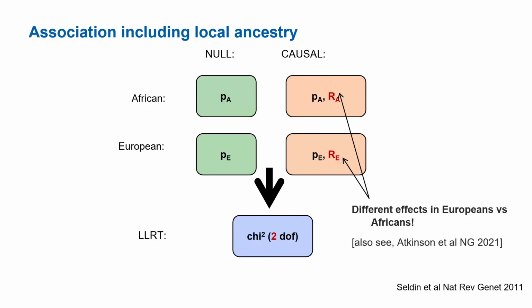But because we can do that, then we can already start modeling differential effects. So if we believe that the effect size might vary by ancestry, we can start modeling them as effect sizes being uncoupled, European versus African, on the 2 local ancestry backgrounds. And we can allow them to vary as we want, and that will give us a 2 degree of freedom test. Or we can make them similar or more similar, and that will allow us to play the game between 1 degree to 2 degree of freedom test. And as you might expect, that will give us a trade-off between power versus robustness.